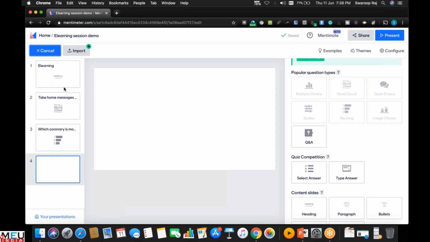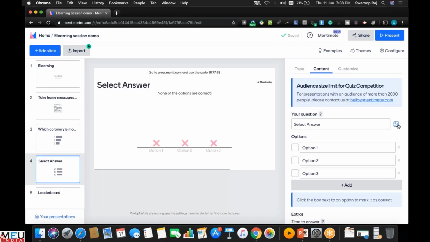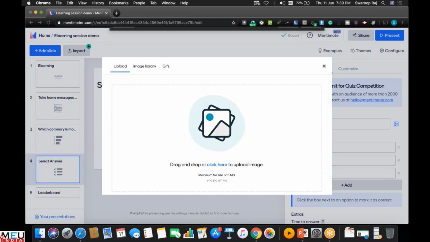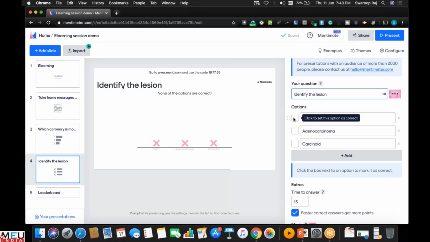So I will put in my content first slide, word cloud, 10 of your PowerPoint presentation slides, followed by a question that you expect them to know the answer to from your presentation. So at that time, instead of choosing it as a question, I can choose it as a quiz, because I've already explained that particular topic. So in quiz, there's an option of even putting an image. So you can give an image related quiz. I'll just take a histology of, and I can add that as my question. So my question can be, and then you can give your options as, and here on the left hand side you have to tick the correct answer.